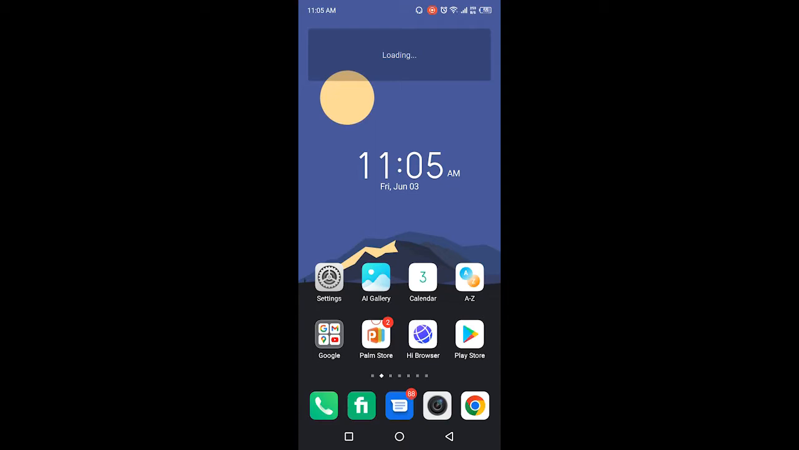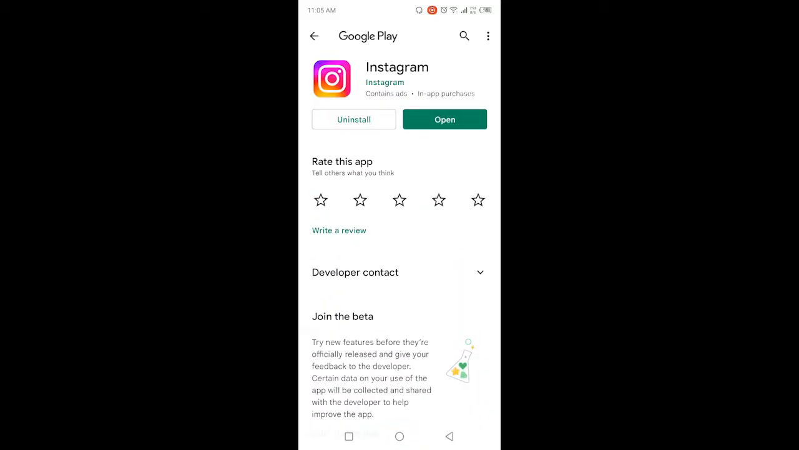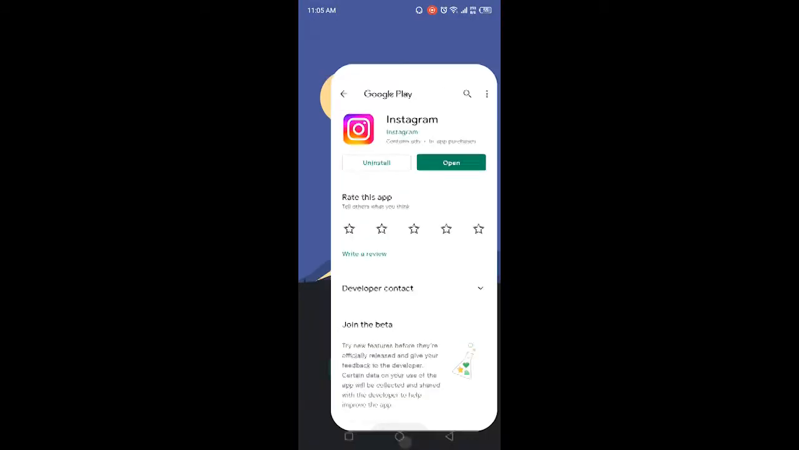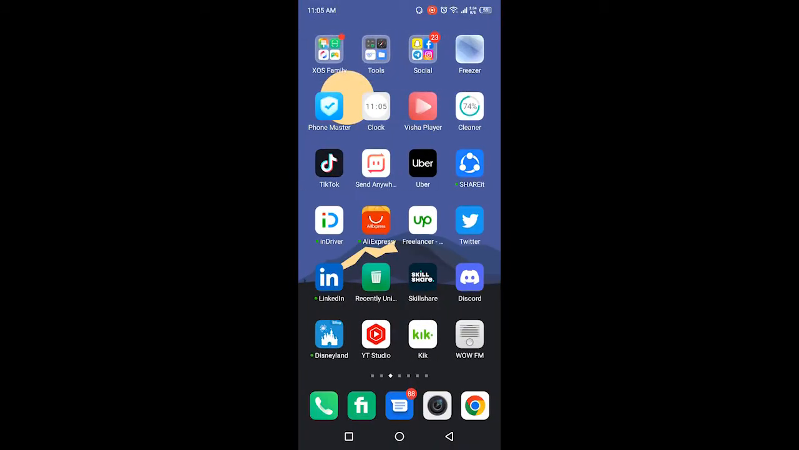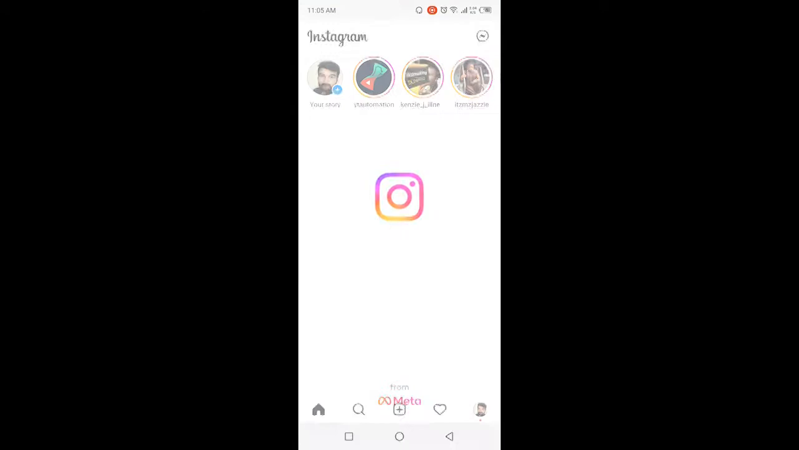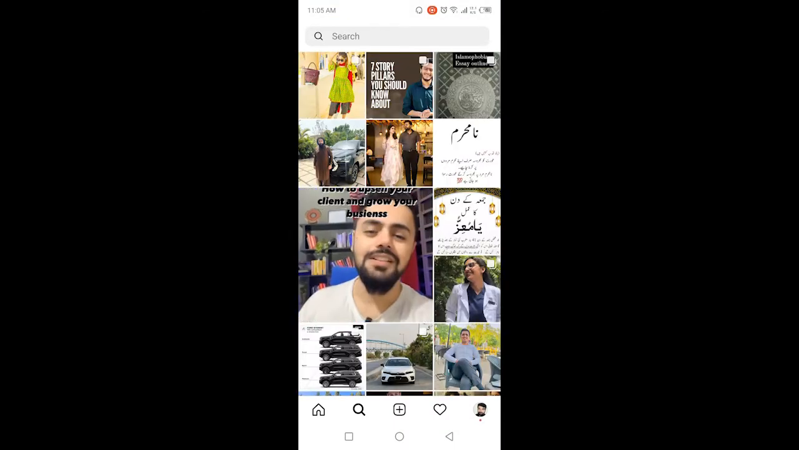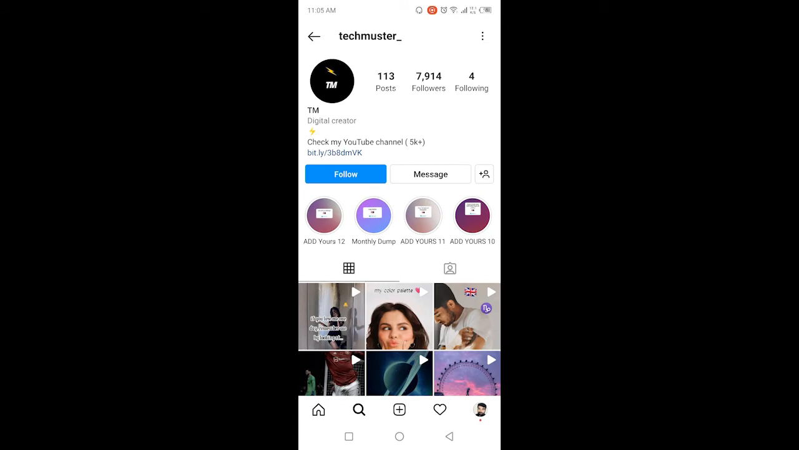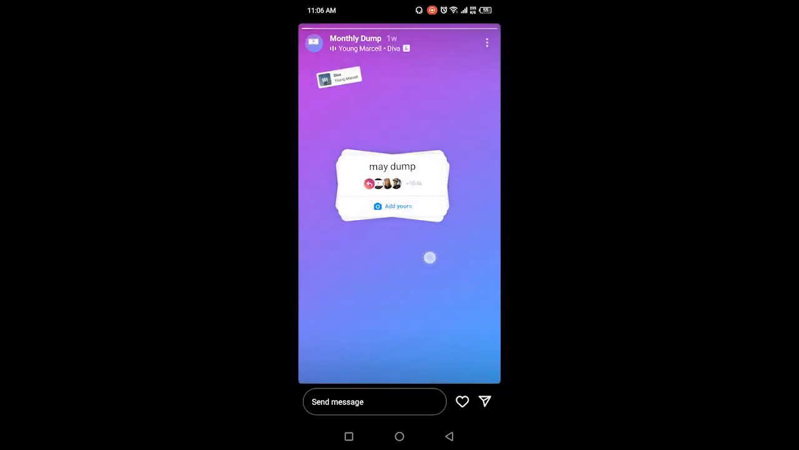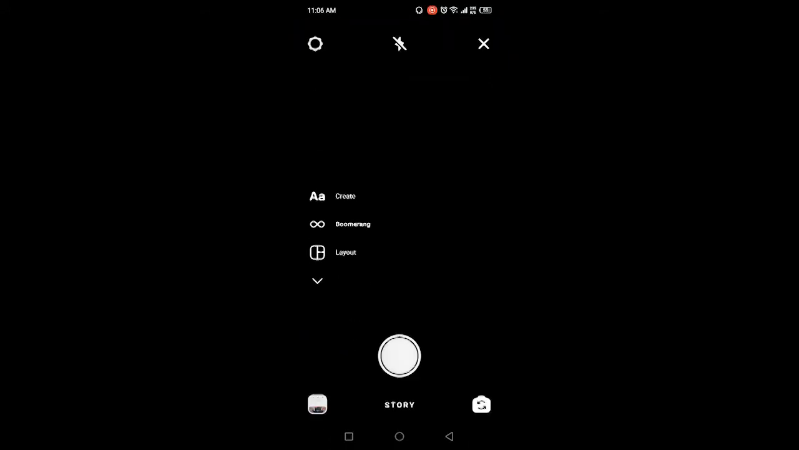The first step you need to do is to open Play Store, search for Instagram, and update your Instagram application. Once you've done that, you simply need to open Instagram, click on search, and search here for Techmaster, and here you need to click on monthly dump, and here you need to click on add yours,